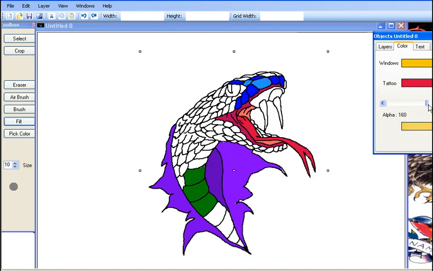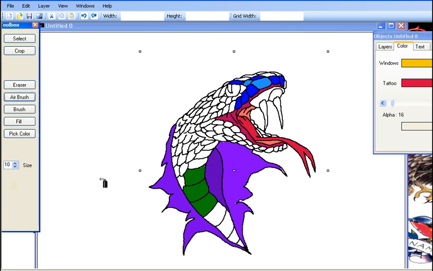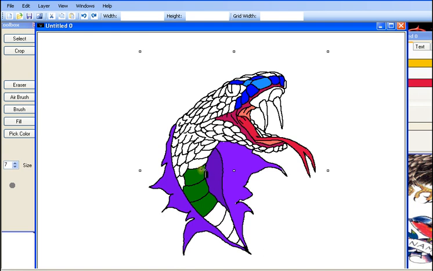Okay, I'm going to turn the opacity down a lot because we're going to be using the airbrush. I'm going to select the airbrush. It's on 10 pixel size now. We're going to drop that down a little bit and we can start filling in here and add in some color. Anyway, I'm going to delete this right now